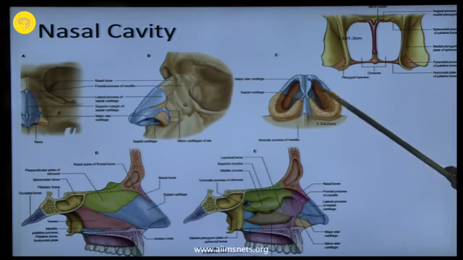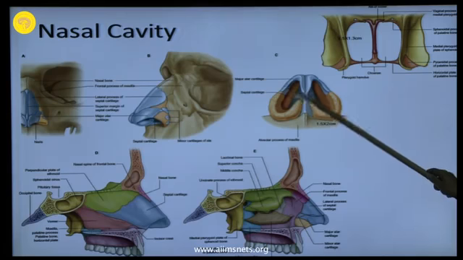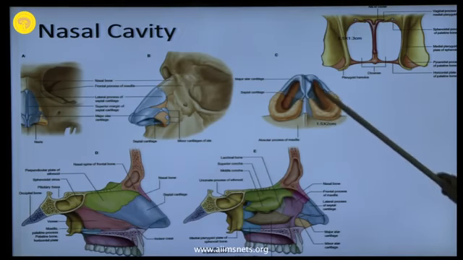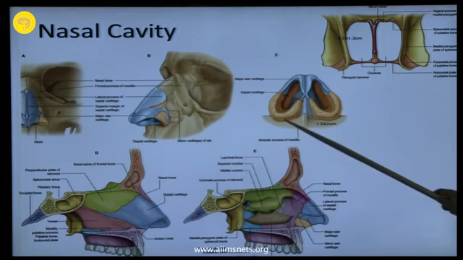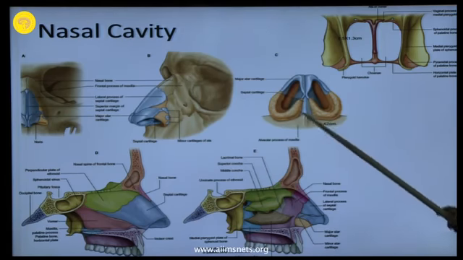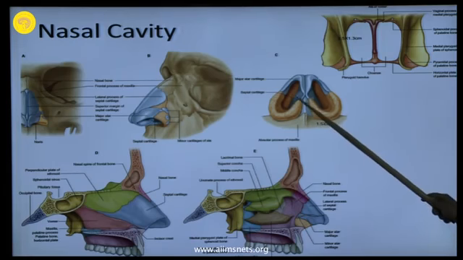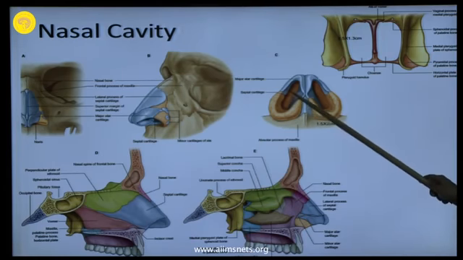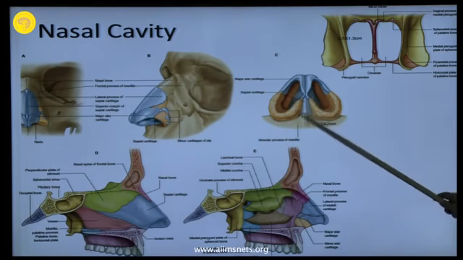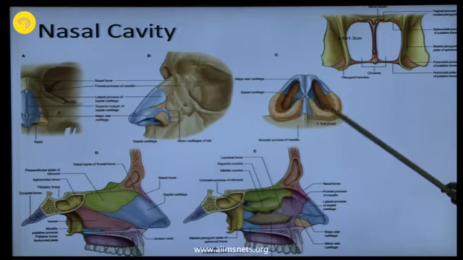Some part of the processes of the septal cartilage, or the alar processes of the septal cartilage, forms the upper part of the nose. It is more or less pyramidal in shape. The lower part of the anterior nares is formed by the fibrous tissue. So, when you put your endoscope, there are chances that these connections may get ruptured. So, do not manipulate more, the patient will get pain after the operation.